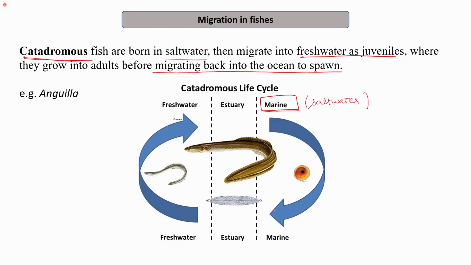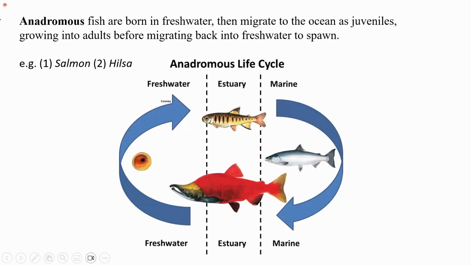So they start their life cycle from salt water, then they move to the fresh water where they survive as an adult, and when they have to give birth, they migrate back to the ocean. So example includes Anguilla. The next type of migration is the anadromous migration, which is the reverse of the catadromous,